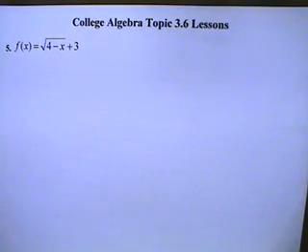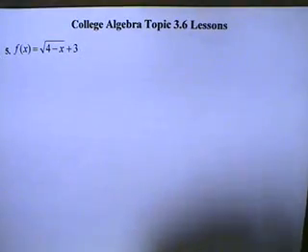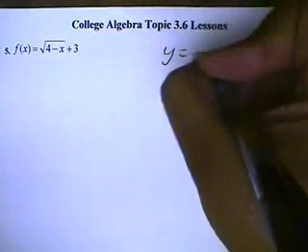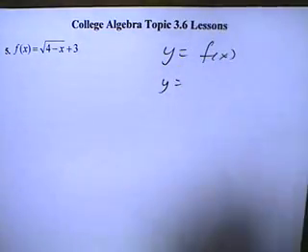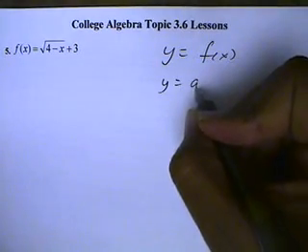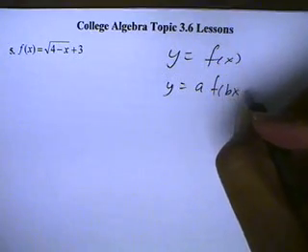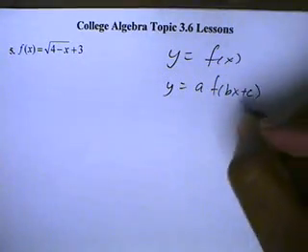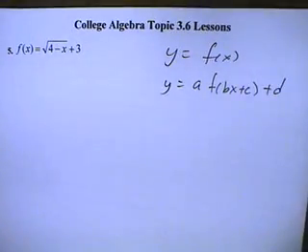College Algebra, topic 3.6. We're going to graph this by breaking it down into the basic function and then graphing it in transformations. We're going to consider the basic function to be, let's say, f of x. And the transformation function will have the parameters a. A will stand for anything multiplying on the outside of the function. B will stand for any number multiplying with the x. C will stand for any number adding on the inside of the function, and D will stand for anything adding